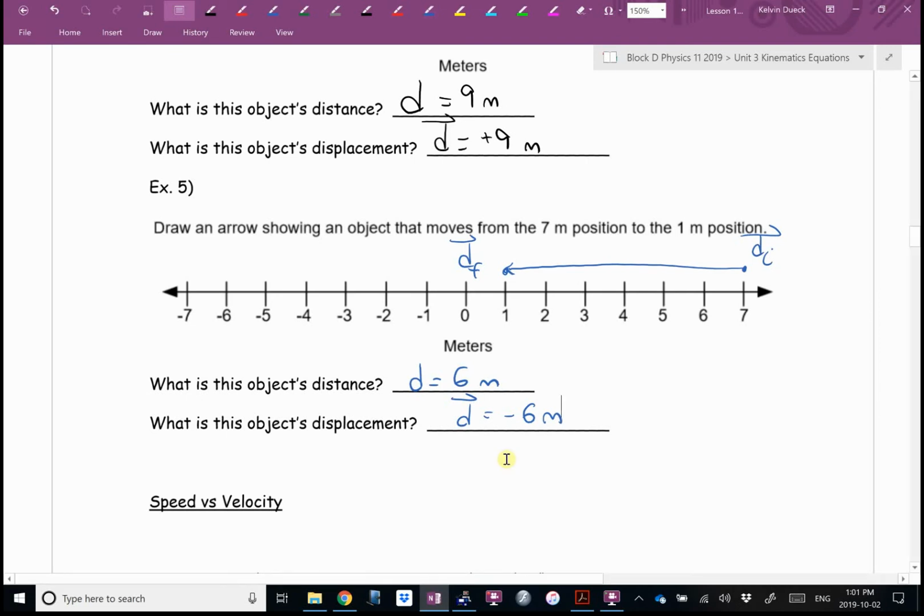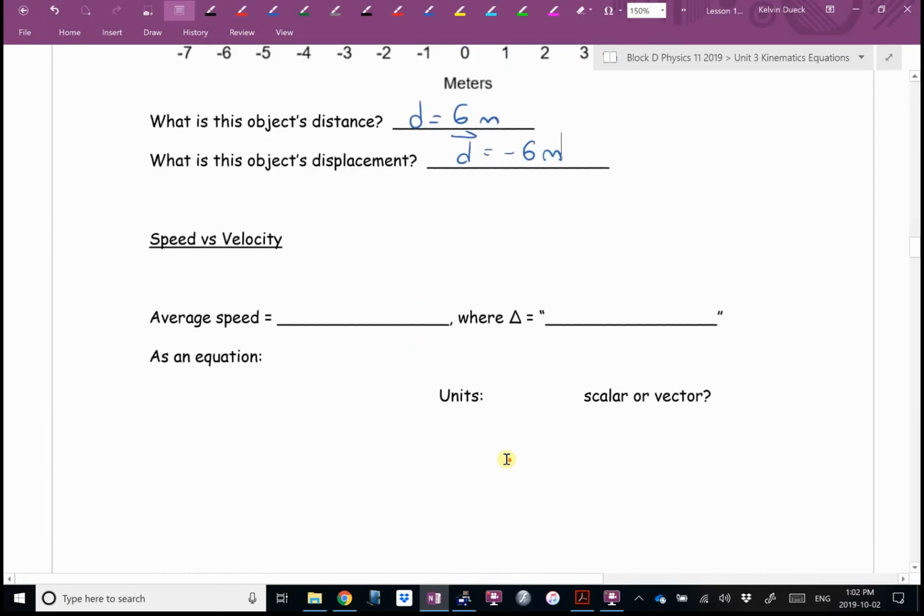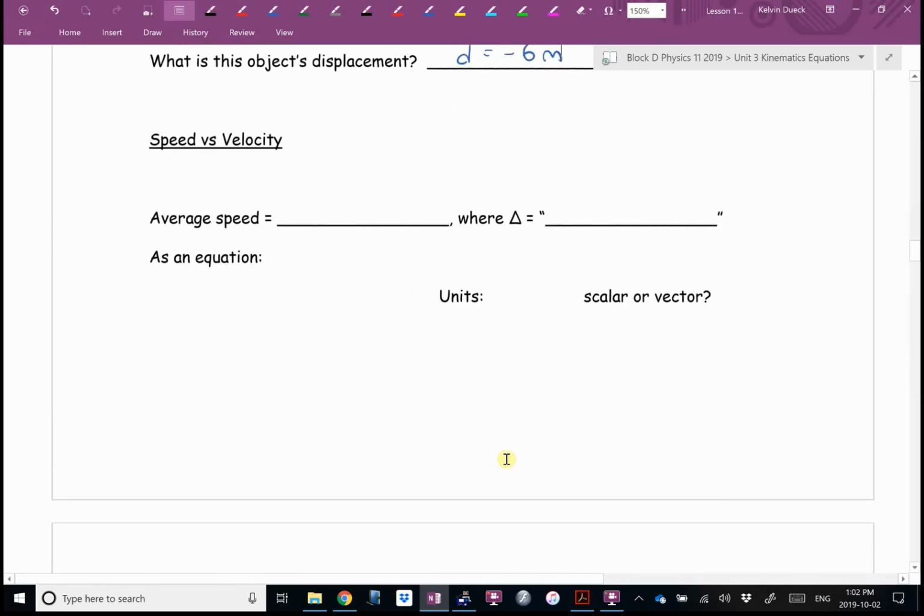So distance versus displacement. Distance: how many steps did you take in total? How far have you traveled? Displacement: how far did your position change from where you started from? Who cares what you did in between? Displacement is the vector. There should be a directional component. Speed versus velocity. Average speed is defined as